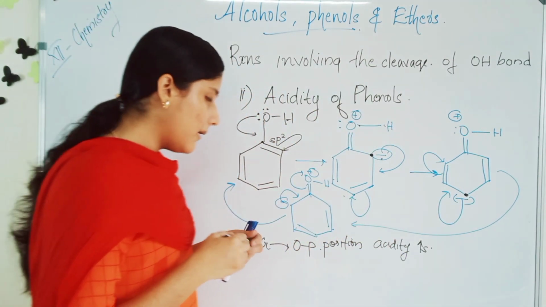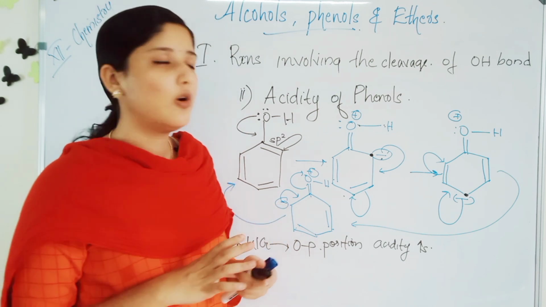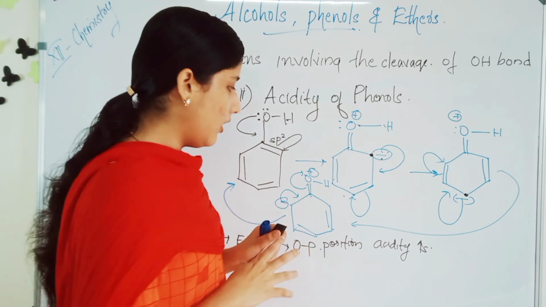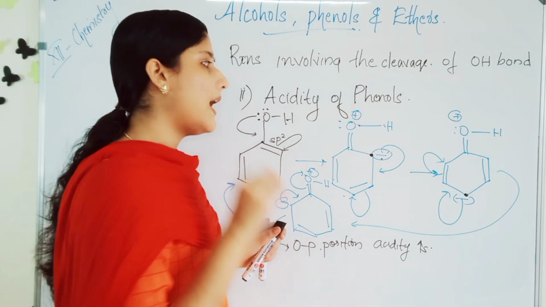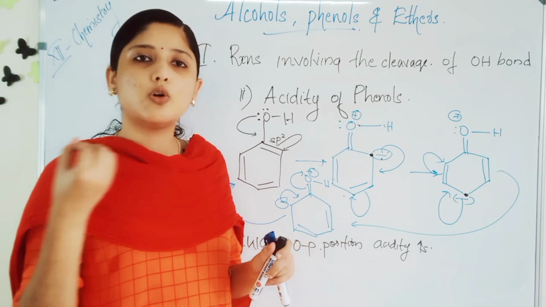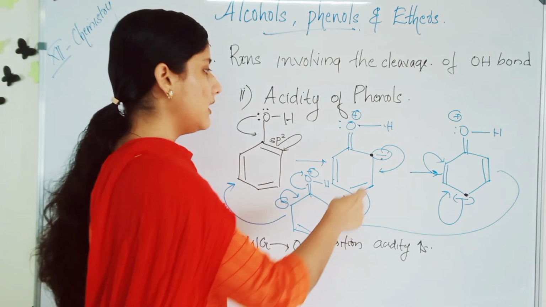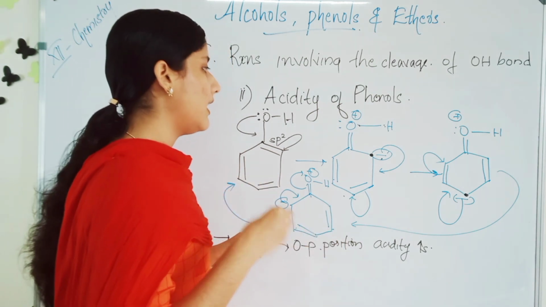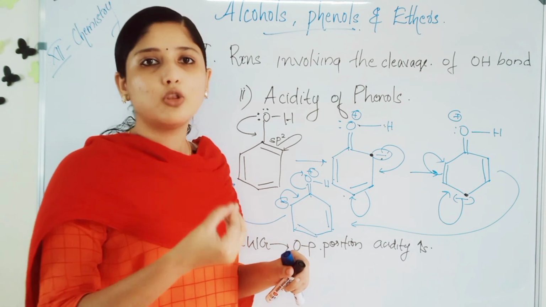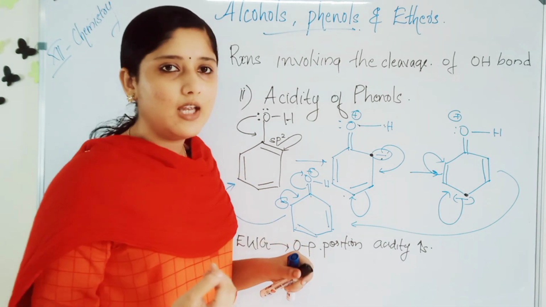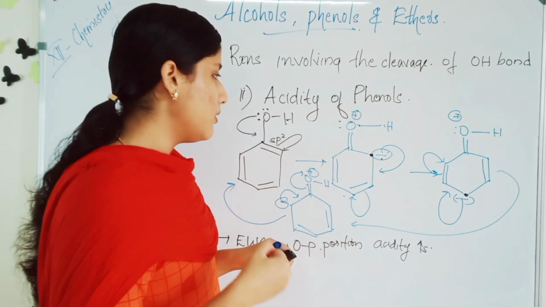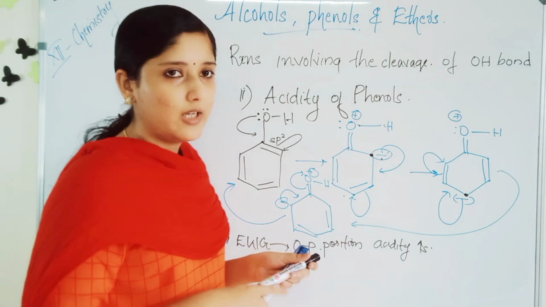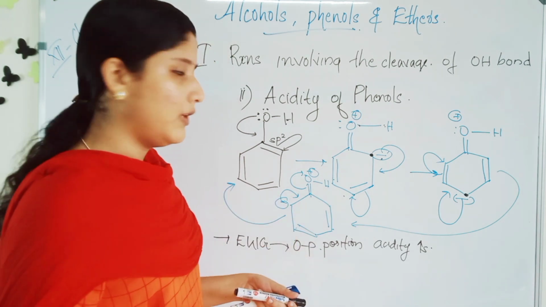So already compared to alcohols and water, phenol is more acidic. Isn't it that we already studied? So in a phenol, if electron withdrawing groups are attached on the ortho and para position, where there is minus charge because the electron density is high in a phenol, acidity increases. For such compounds, acidity will be much higher than a normal phenol. Okay, this is all about the acidity of phenol.